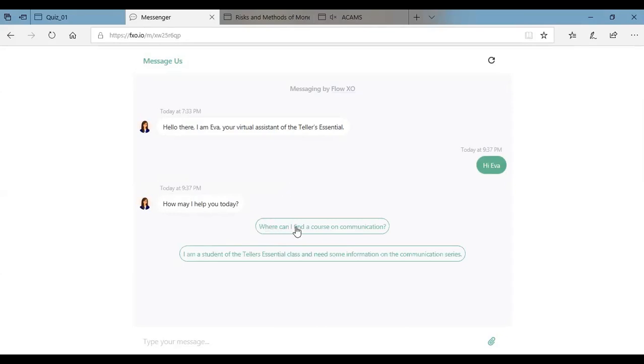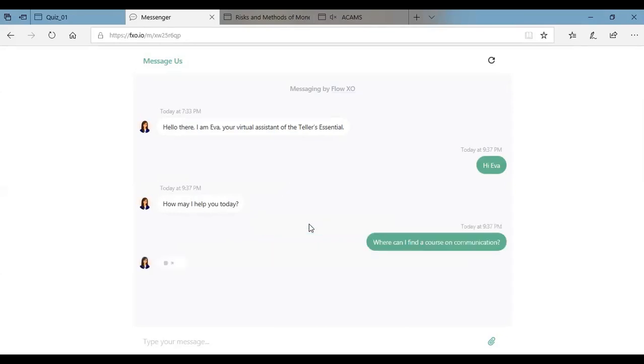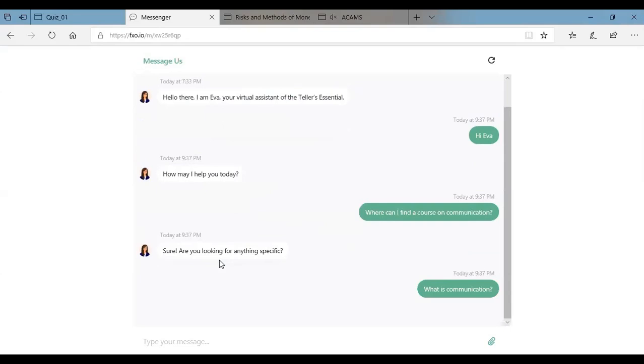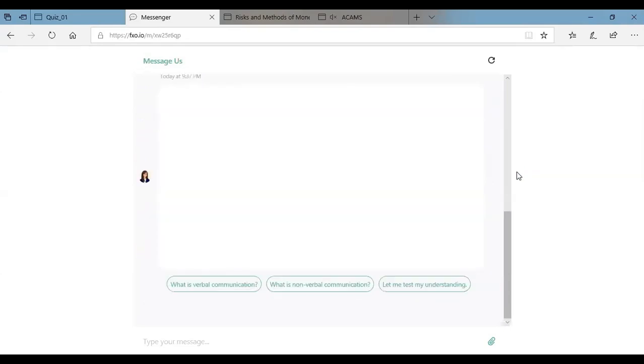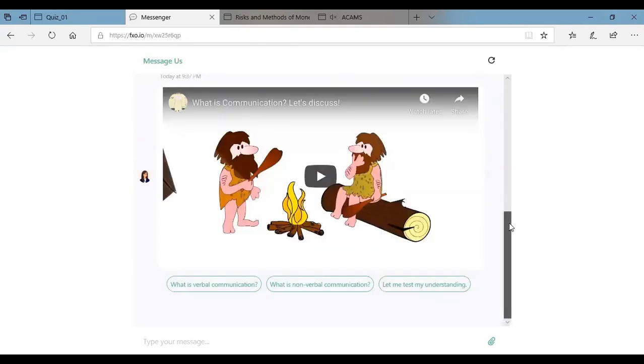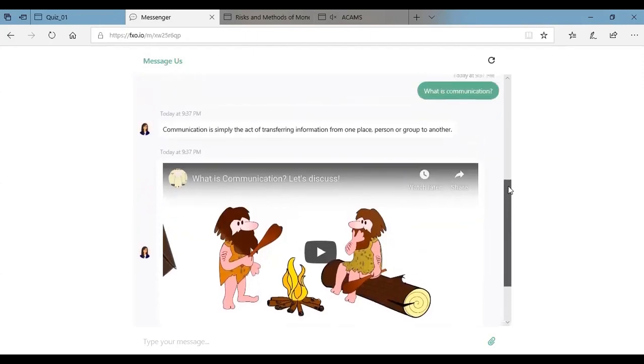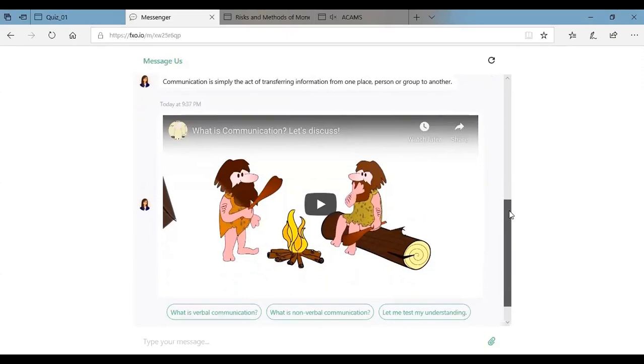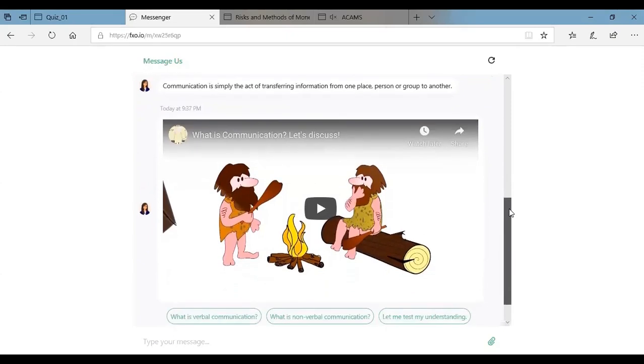So where can I find a course on communication? So the chatbot, Eva, gets a little specific and she asks a pointed question. And based on the response the learner gives, she pulls up a microlearning nugget on what is communication,